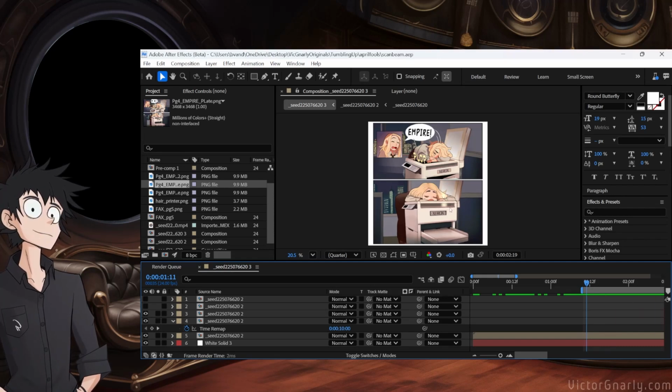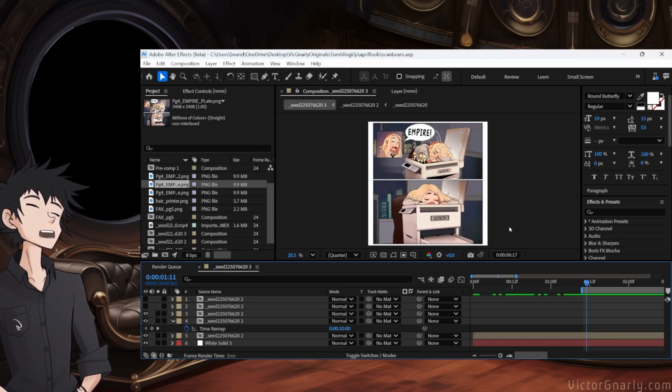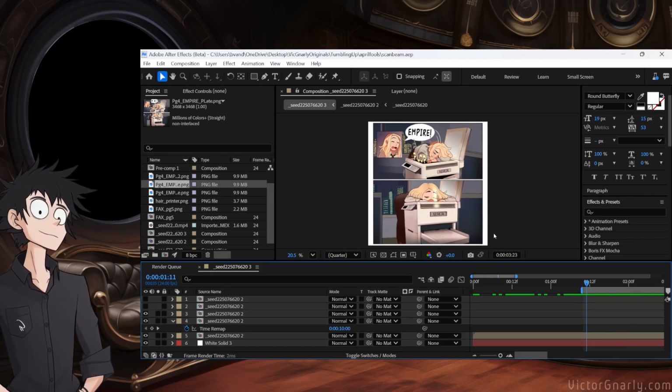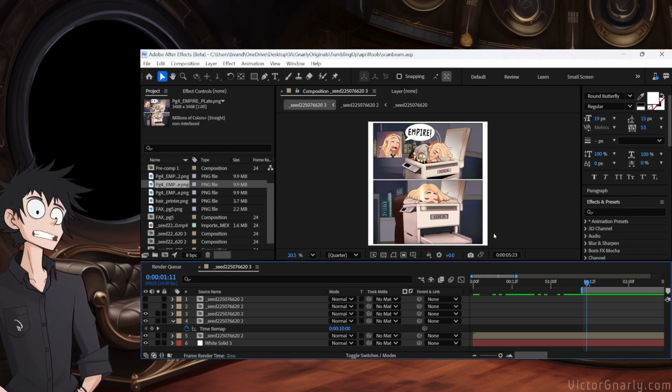And the beam itself, as well as what's inside the Xerox machine, is all After Effects. The zoom in and the golden bar at the end is actually Pika Labs. So we are combining both of those to make this animation here, and it is nested into 3 different compositions,